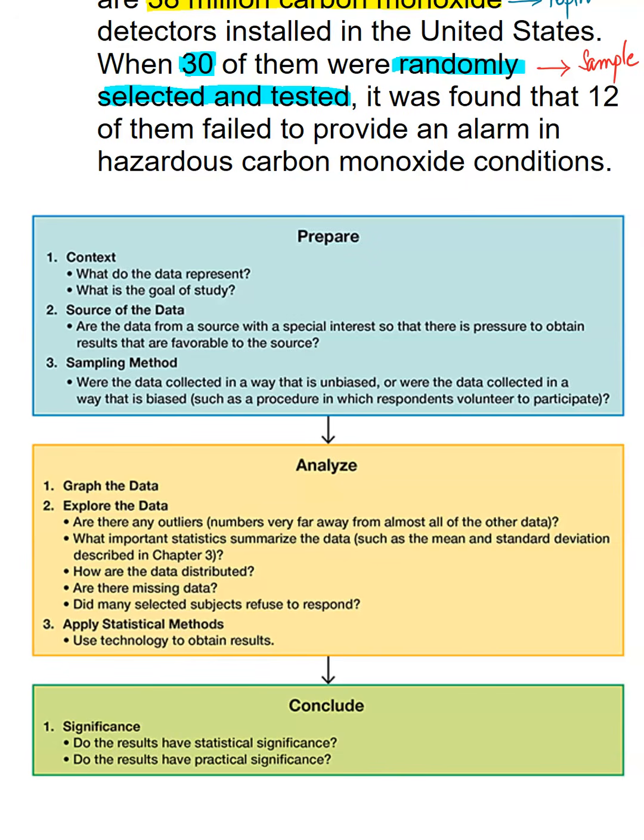If it's coming from somewhere else, we need to make sure that the data comes from a source that is free of other biases like special interest groups, so that there is no pressure to obtain results that were favorable to the source. Okay, so today we can see